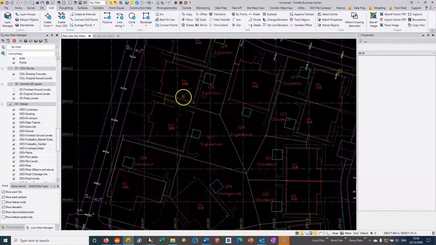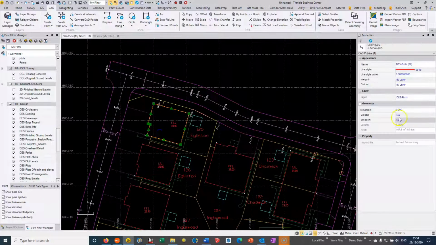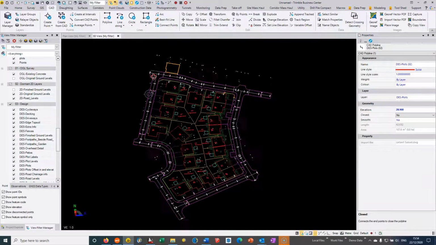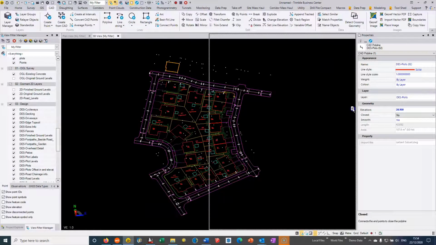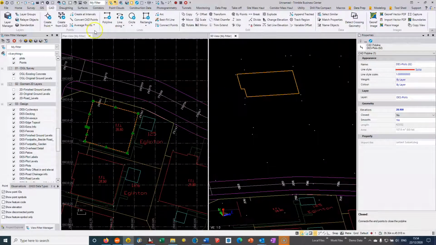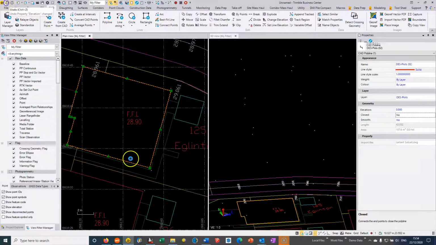And what we can do within TBC is if I select any polyline, I can see that I can basically just select the level manually. And if I jump to 3D view and just maybe split the screen for a while, we can see that that is elevated based on the text, which is much safer than actually typing it in. If I undo that,